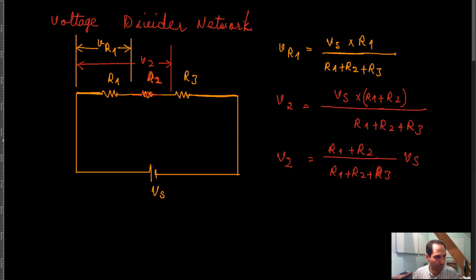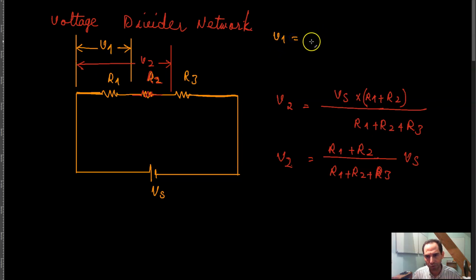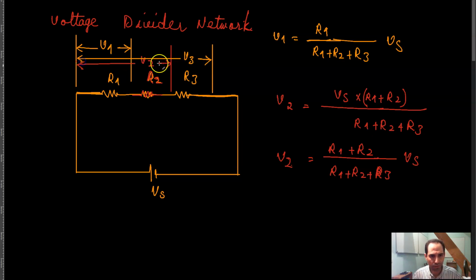We can write the voltage across R1 in the same way, meaning R1 divided by R1 plus R2 plus R3. I call this V of 1. So V of 1 would be equal to R1 divided by R1 plus R2 plus R3 times V of S. By the same logic, if I measure this voltage over here as V of 3 between these two points,